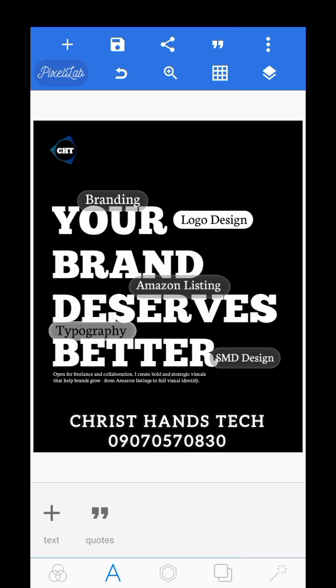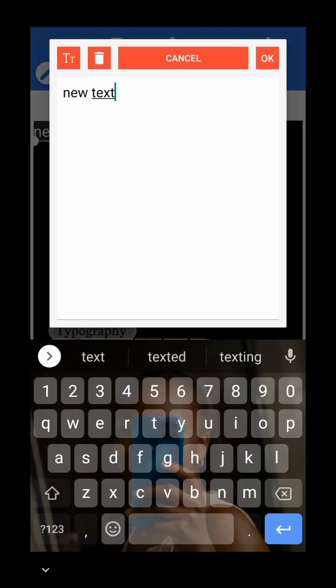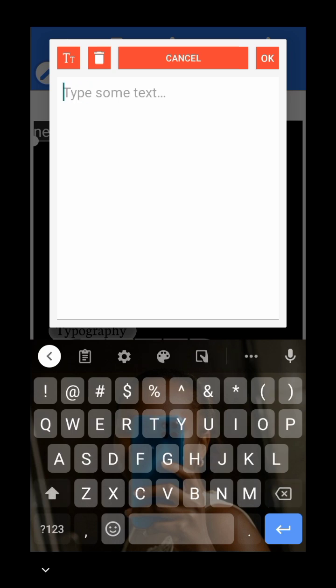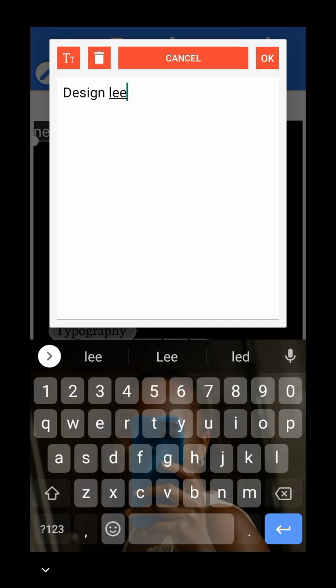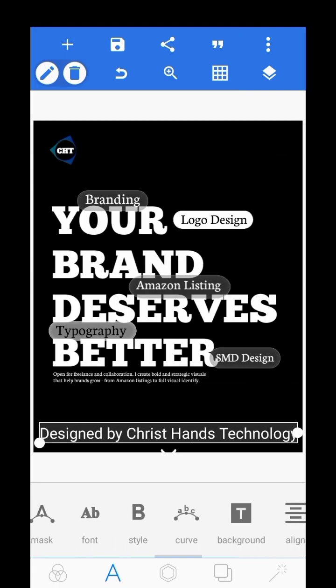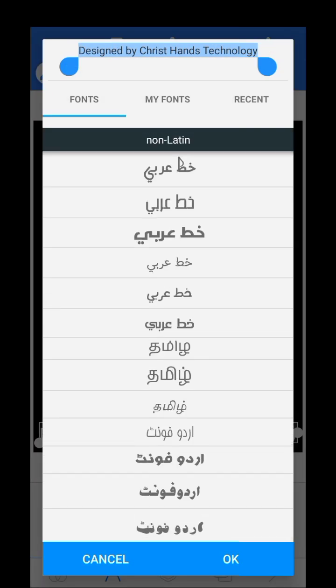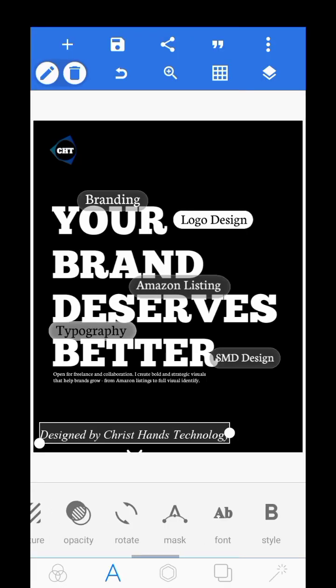And that is all. So what we're going to do now is to add our text. We're going to say designed, please add your name, designed by Christ and Technology. Okay, so the first thing we're going to do is this. This is the font I want to use. You move very down, and the last one, this is 1 2 3 4 5. This one that looks like Arabic, you click on it, you choose it, you see, then you make it very